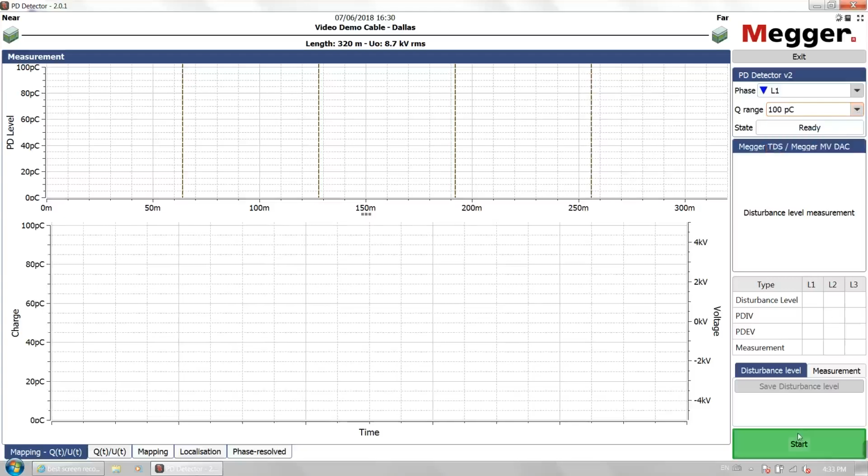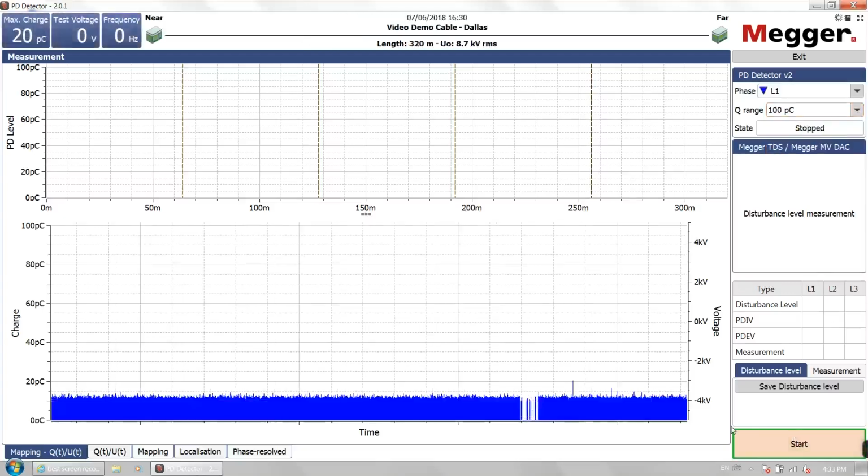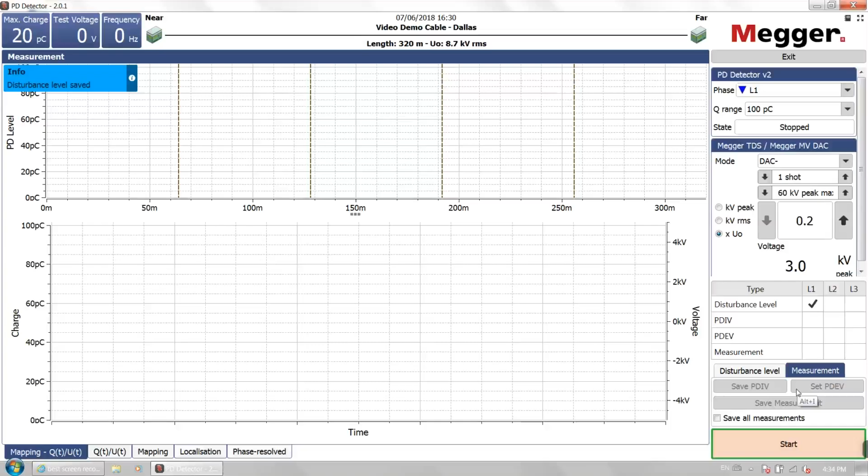I go ahead and make my measurement of my noise level, and we see that it's pretty good, nice, consistent, fairly low level. There's a couple of small disturbances going on out here, but we're looking at a level of about 20 picocoulombs. That's pretty good for field level. So I want to save my disturbance level here. That automatically puts me into the measurement mode. And what I might want to do